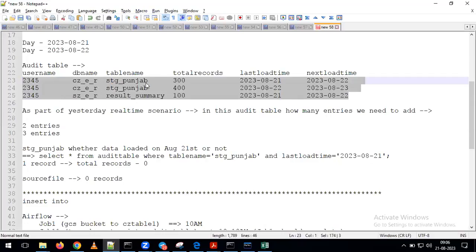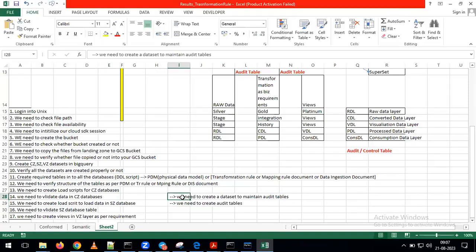In that single audit table, we are going to maintain all our entries. Okay. Now, the first step is to create the data set to maintain the audit table. Second step, we need to create the audit table. After that,